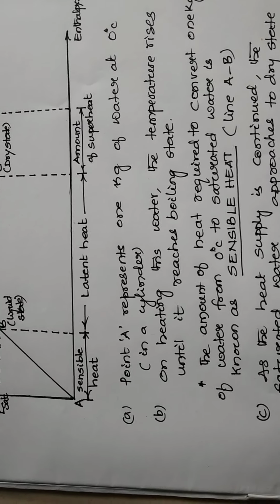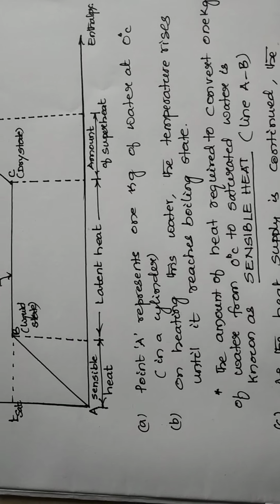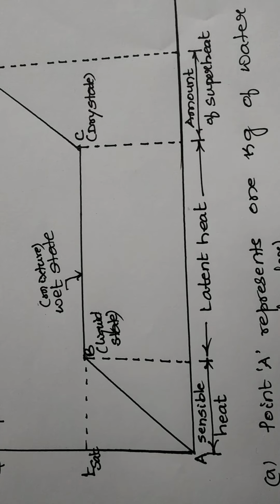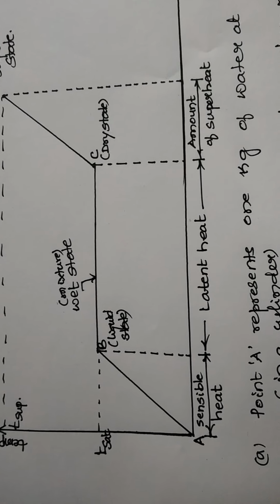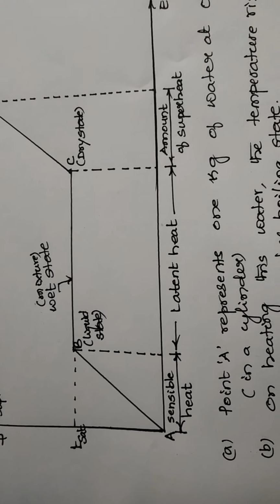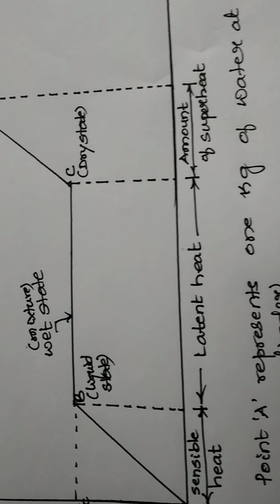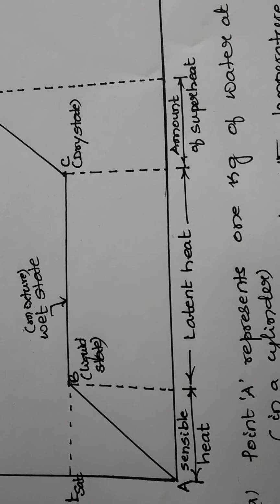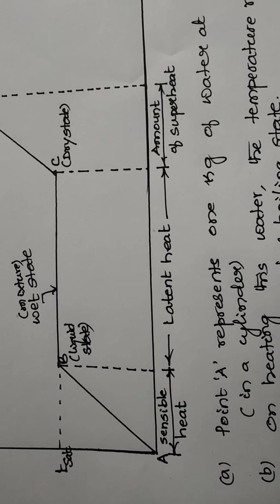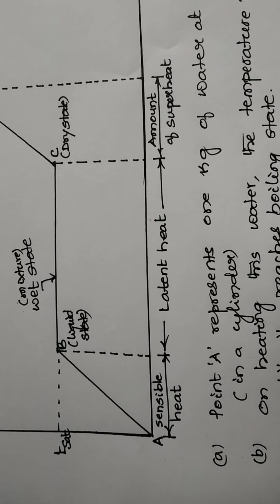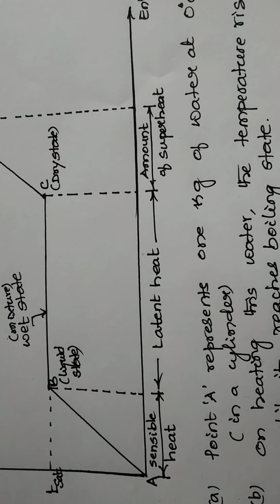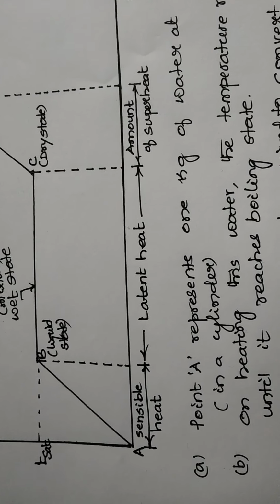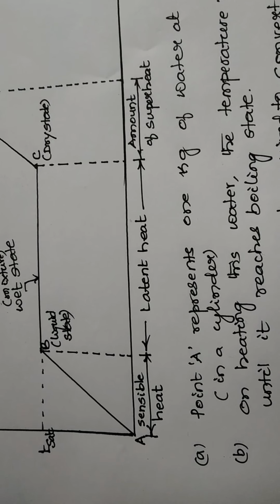On continuation of heat supply from point B at saturation temperature, it continues at constant temperature. Thus, wet steam gradually gets converted into dry steam and reaches the point C. Look at here, point B is totally in saturated state, and in between it has wet state, that is mixture, and when it reaches the point C, it becomes totally dry, and this is represented between the line B and C called as latent heat.